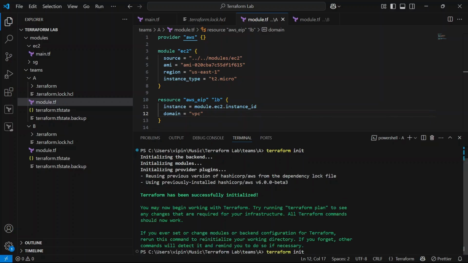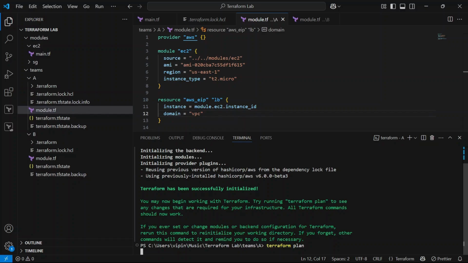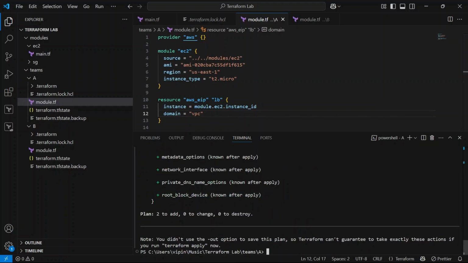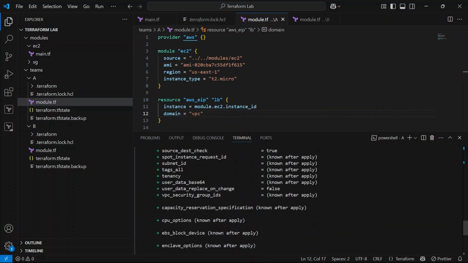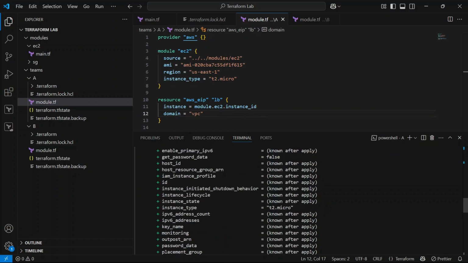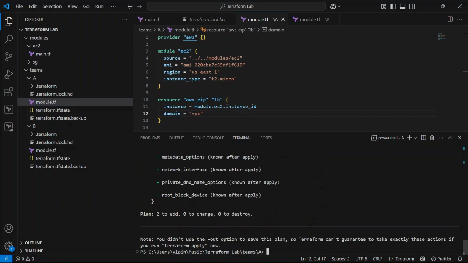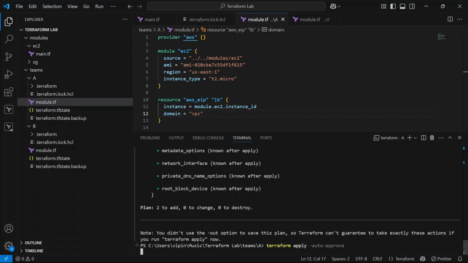Let's run terraform plan to see what resources our Terraform configuration is going to create. As you can see, plan 2 to add. If you scroll up, the region is us-east-1, the instance type is t2.micro, and the AMI ID we are able to set. Let's run terraform apply -auto-approve to create the resources.